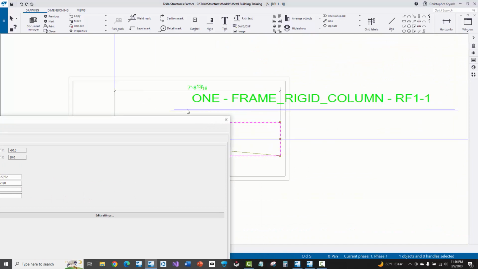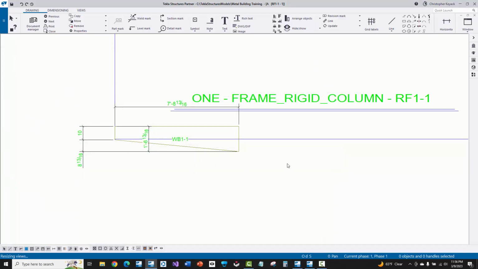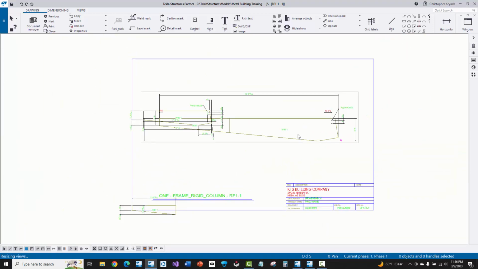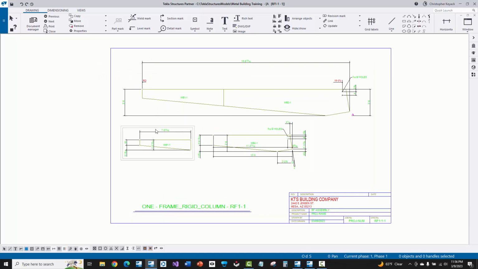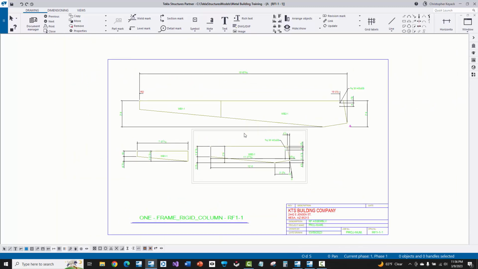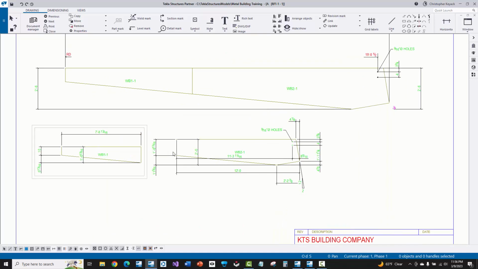Now I may do the same thing here. I'll just double click on that view. I'll change this to 32, modify, and then that scale changes. Now you'll see that the views are kind of not in place. So rather than manually moving them, if I just click on the background, right click and say Arrange Drawing Views, now we have a nicely oriented and cleaned up web drawing here where we can see the individual plates,